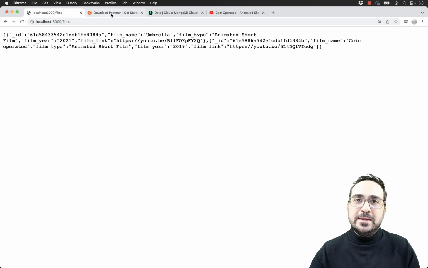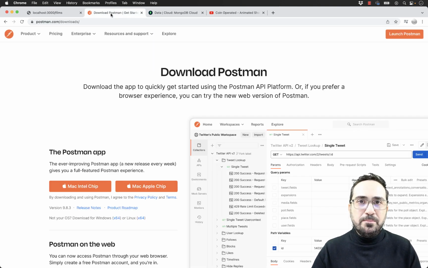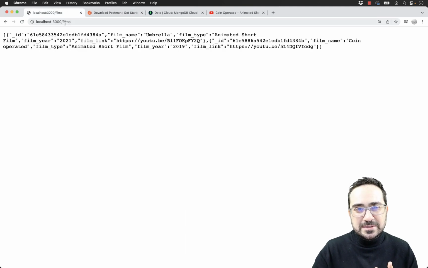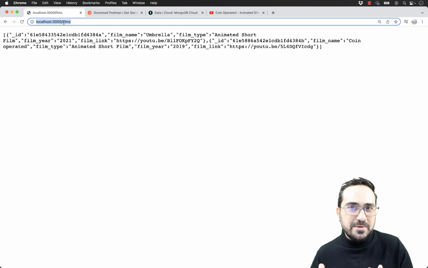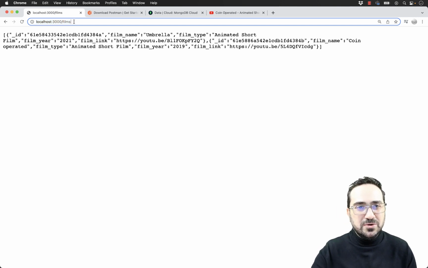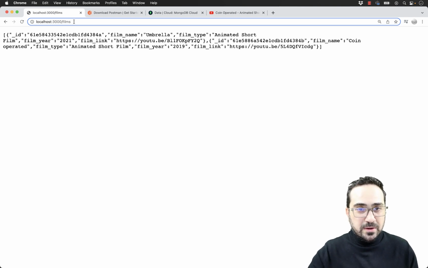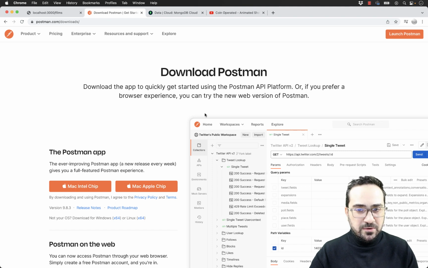And the next thing that we need to do is to download and install Postman. Postman is a very nice piece of software that we can use in order to make calls to our service. Now, without knowing, we created an API, and this API has a particular schema about the films. In any case, we'll talk about APIs a lot in the next classes: how we create them, what an API is, and how we customize it. But we can understand that, more or less, there is a way for us to extract data from a database based on a particular format. In our case, I have the films, and inside the film I can have the ID of a film. So I will ask you to download Postman. Please go and download Postman, install it on your computer, and then come back to this video.